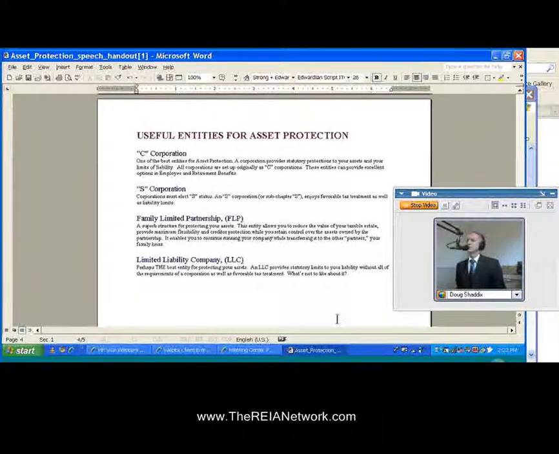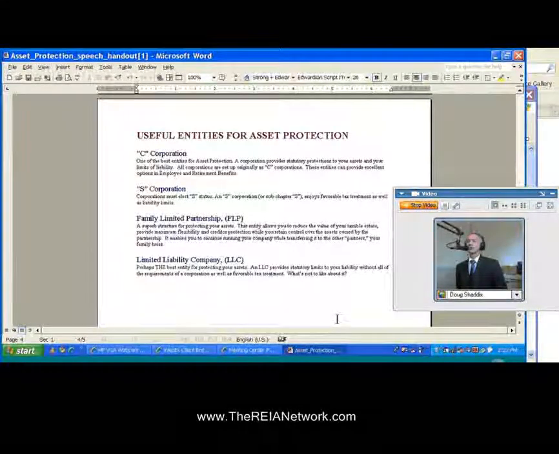But there's also an S corporation. Now, like I said, all corporations are set up as a C corporation because the state isn't so much concerned about the taxing aspect of it. That's the IRS. That's the federal government that's concerned about that. So you can opt for S corporation status.